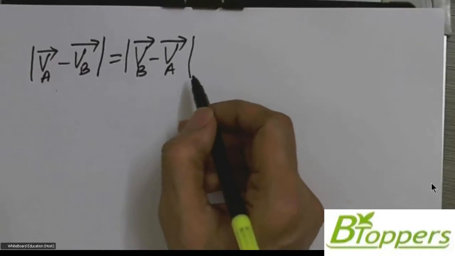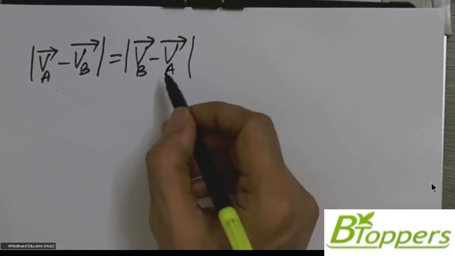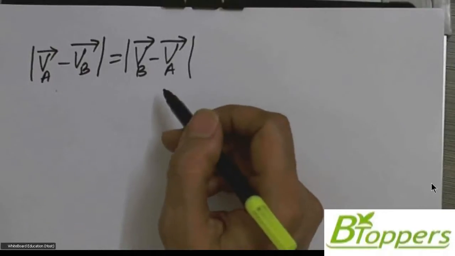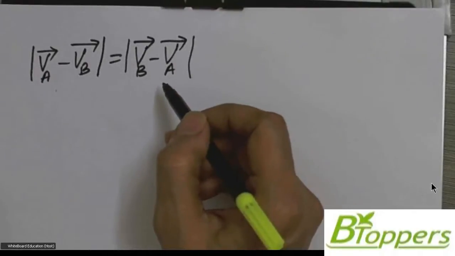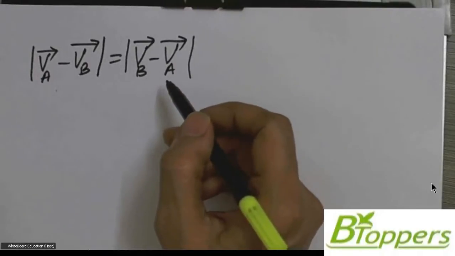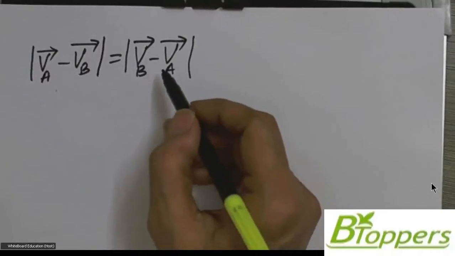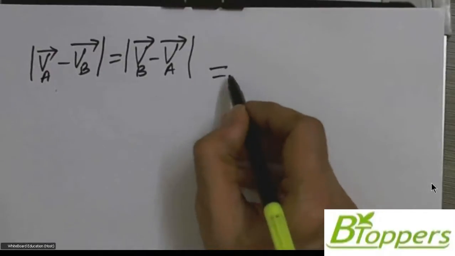But directions are opposite. That means the relative velocity of B with respect to A will be negative of relative velocity of A with respect to B. That means relative velocity of B with respect to A will have same magnitude but opposite in direction to the relative velocity of A with respect to B, which will be equal to